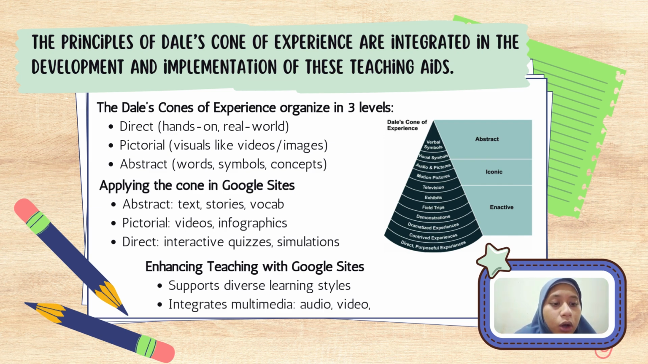Now, let's look at how Google Sites supports this model. For abstract learning, teachers can include stories or vocabulary lists. For example, the Family Ties site begins with a story called Grandmother Loves, where students read and reflect on